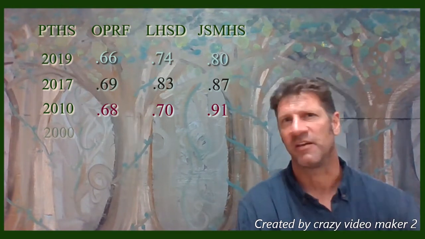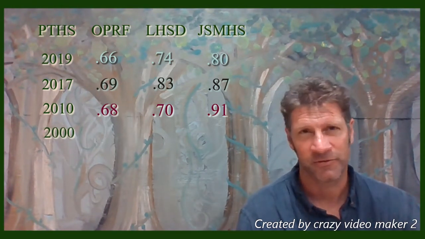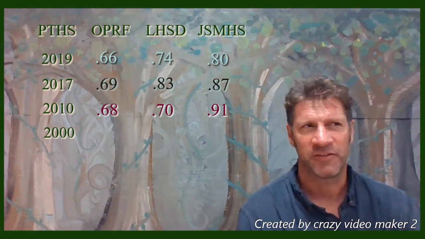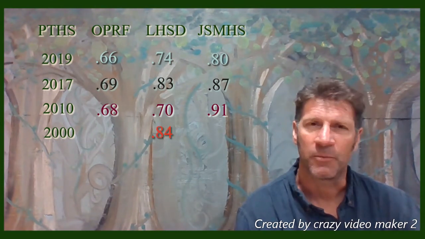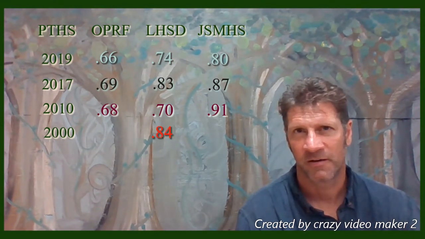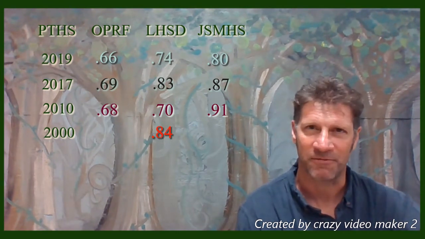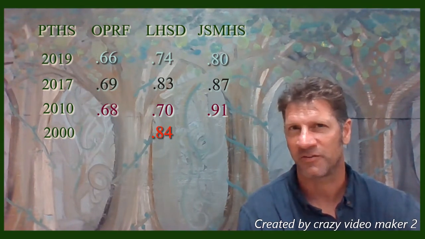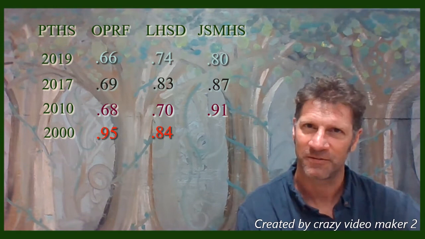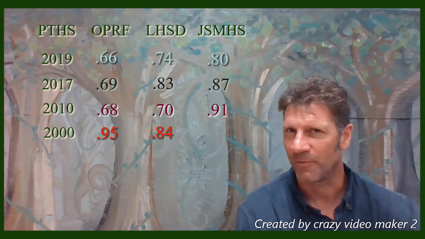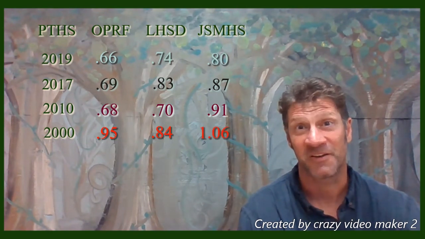So the salary hole's gotten considerably bigger relative to Morton. Let's go back another decade and see what's happening. School report card data for the year 2000. And this is interesting. We'll start with Leyden in this case. You can see that 83 cents back in 2017. Well, at the turn of the millennium, it was 84 cents, so not much of a difference there. But when we look at the other two neighbors, we see something really interesting. Compared to OPRF, the OPRF teacher toiling so hard, earning $1. Meanwhile, down the street in Proviso, a teacher is earning 95 cents. And down the other way, at Morton, they're earning $1, and up in Proviso, $1.06.